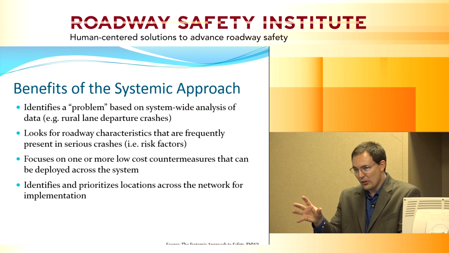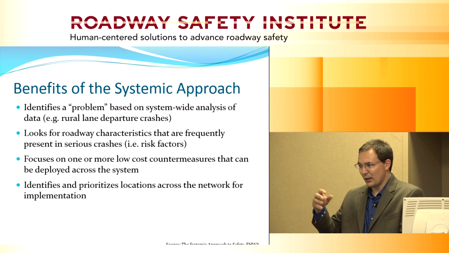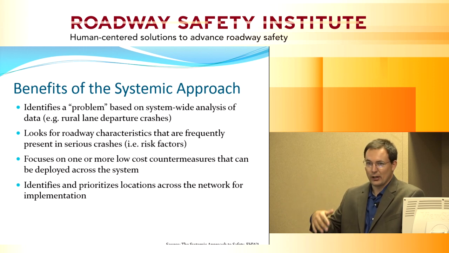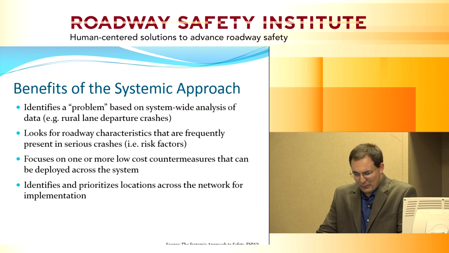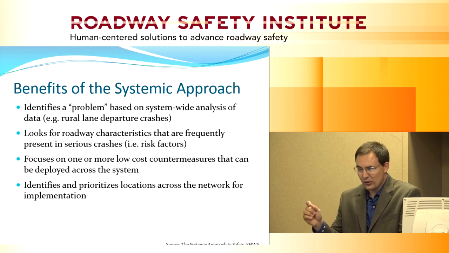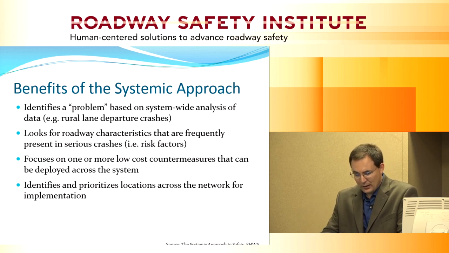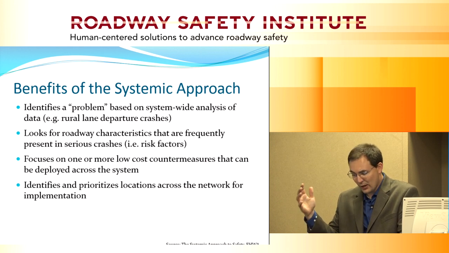You look at a location, it's location-based. Use the crash data, use crash modification factors, and identify, hey, I've got different options of reducing crashes. I could do a road diet, those sorts of things. What benefit will I get using the crash modification factors? So the benefits of the systemic approach. It identifies a problem on a system-wide basis, whereas if you looked at just the crash data only at specific locations, you may not be able to find that problem. It identifies roadway characteristics that are prone or appear to be prone to contributing to those high serious crash locations.